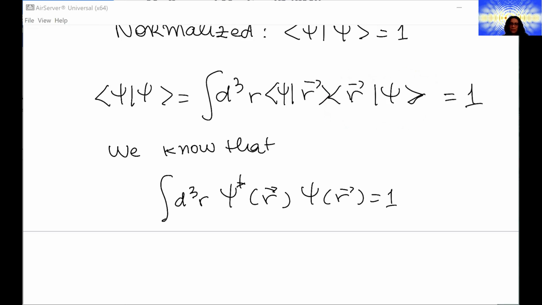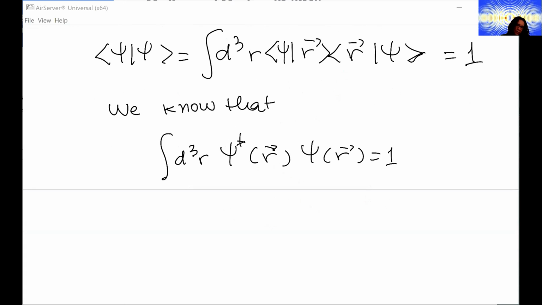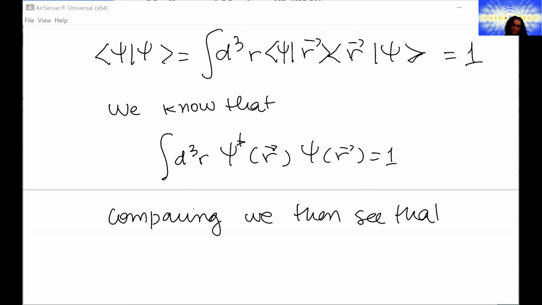This guy is equivalent to this, has to be this, and this is this, right? So comparing, we then see that psi r is r psi,